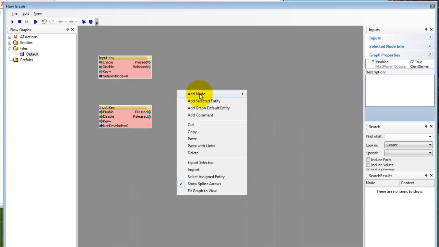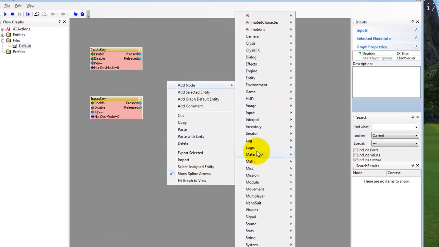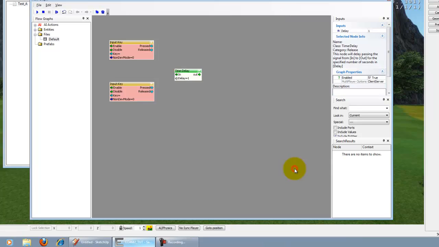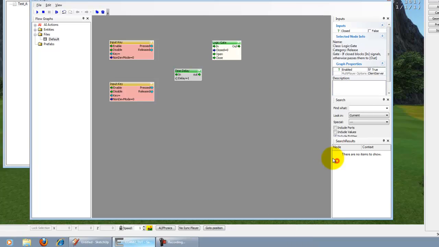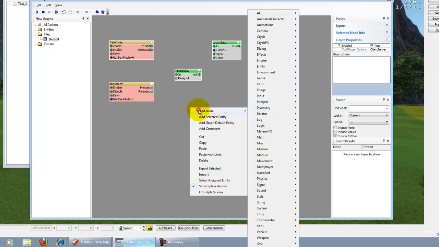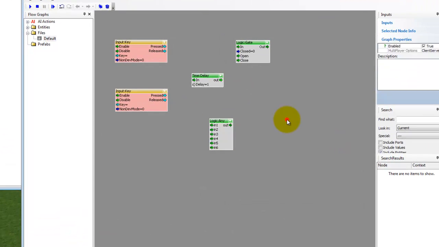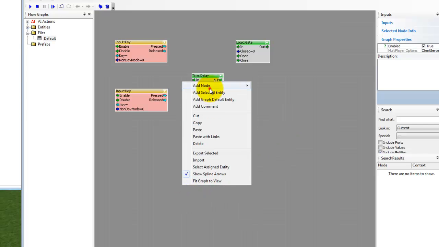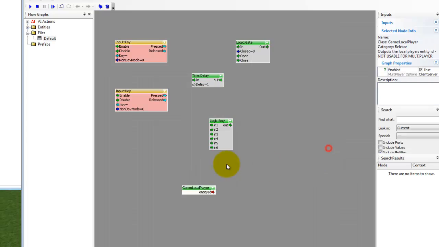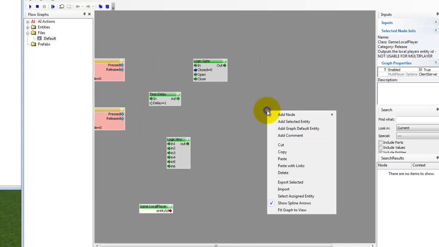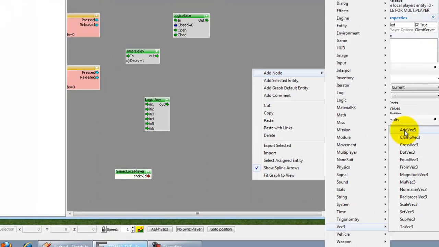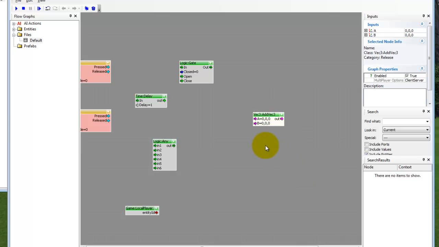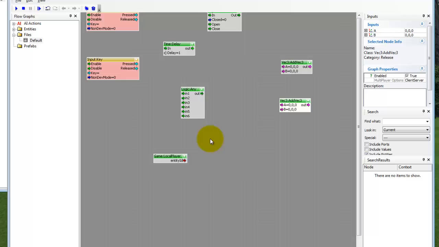Time delay, a logic gate, and a logic any, game local player, a vec3, so add node vec3, we want two of them, so copy and paste, and entity